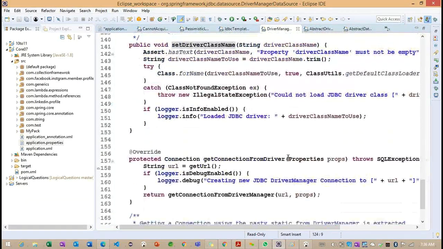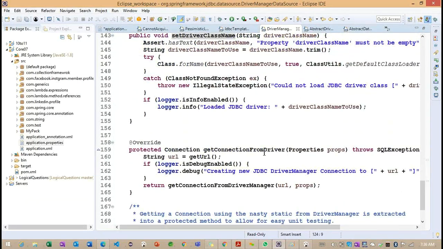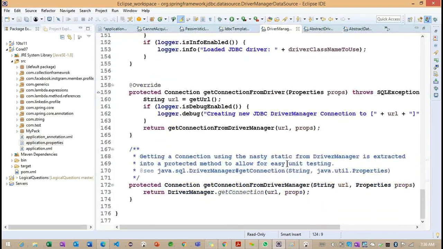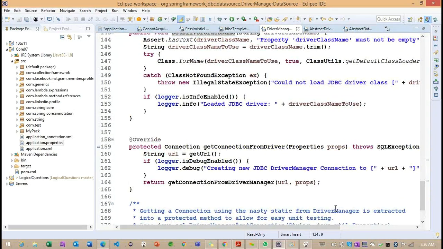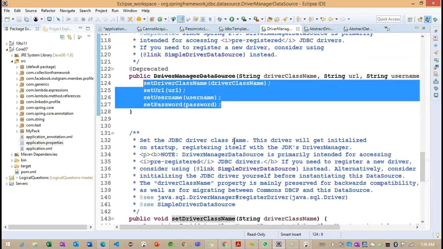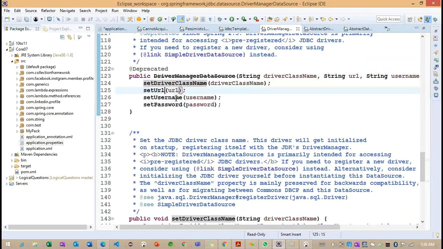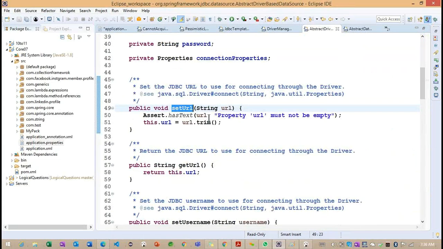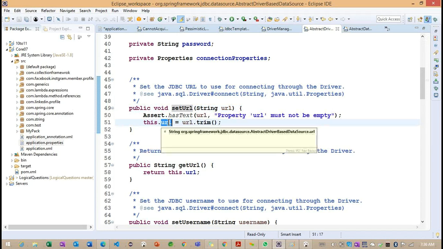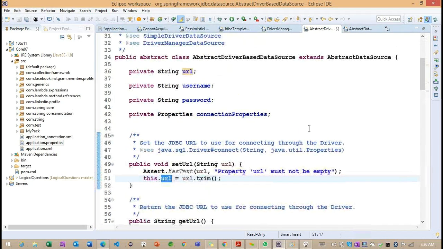Getting the point. Everything is implemented here only: driver class name, and internally they are calling the connection from the DriverManager. But if you observe, here they are calling setUrl. Where do we have this setUrl? Now you can see we are calling AbstractDriverBasedDataSource, where they set url equals to url.